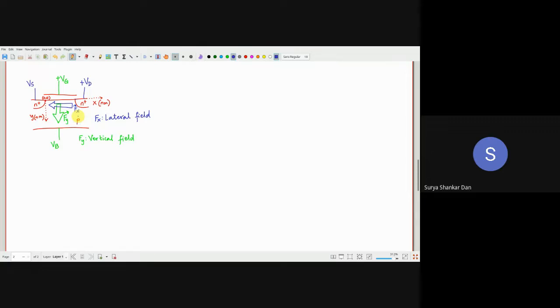So whatever theory I am telling, please be very clear that this theory is not valid at 7 nanometer. No, not at all. This theory is still valid. The only thing is that when I'm suggesting that Fx and Fy are mutually exclusive, that is not going to be true in the case of short channel devices. Then we have to find some other techniques of solving all that.